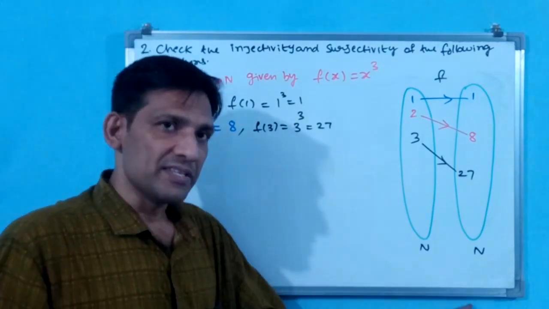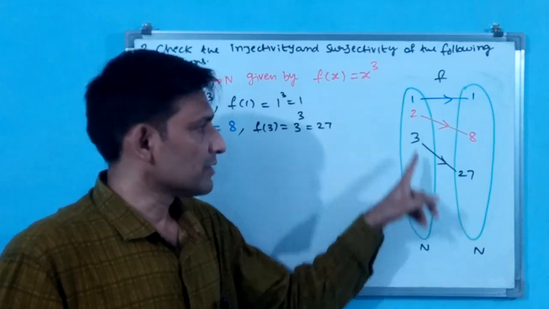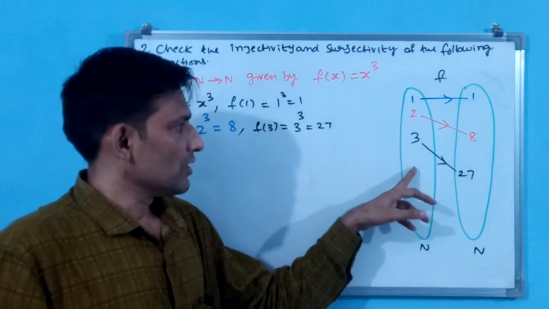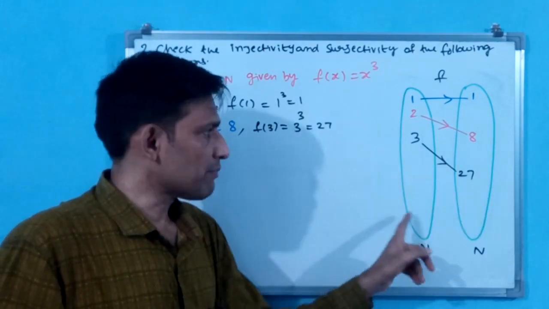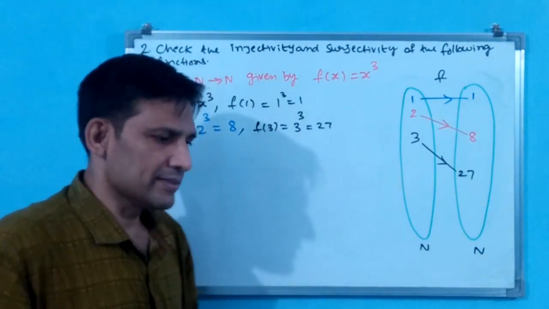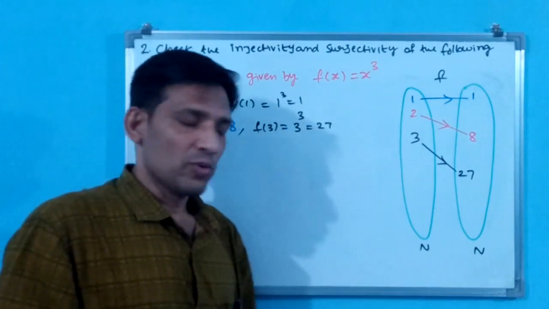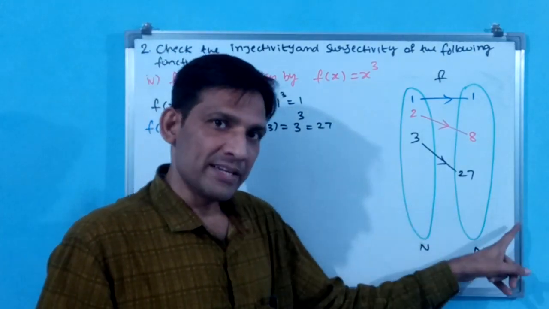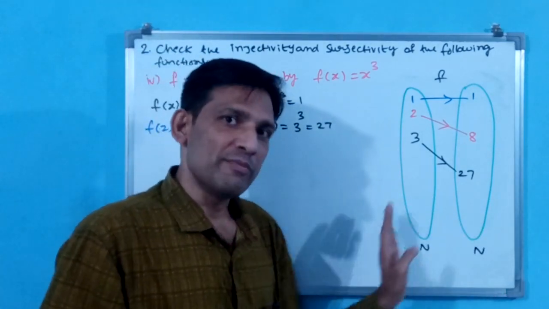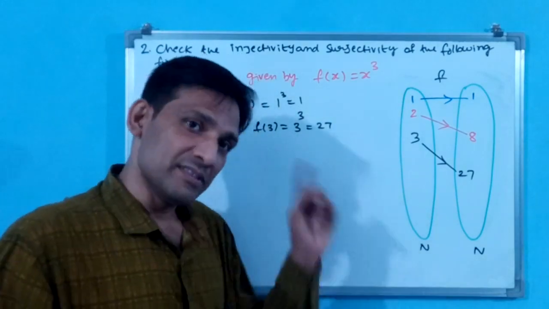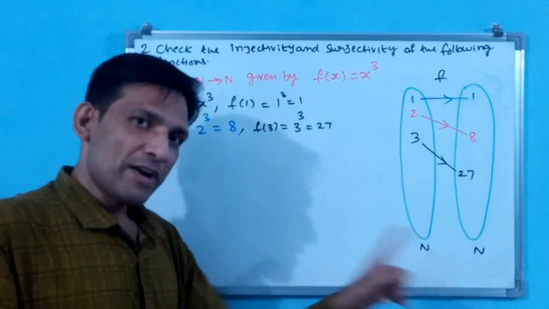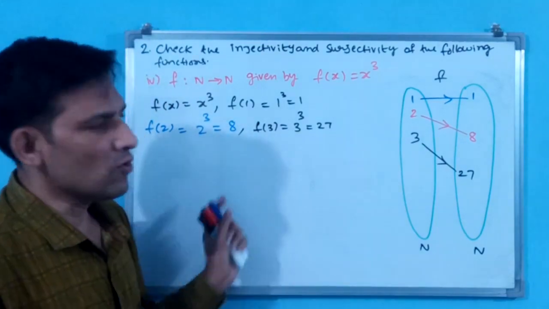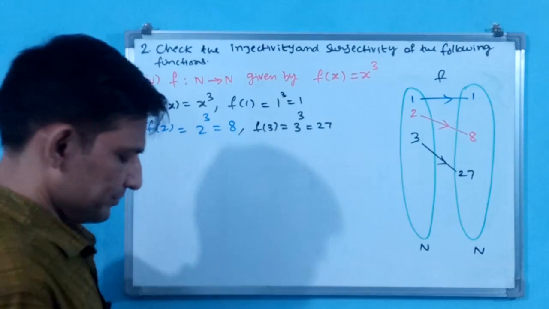Say ZZ is there and negative numbers will be there. With ZZ and a square, what will come? Square of a negative number and of a positive number, both results are the same. That is one case. Second case, if it is a cube and ZZ is there, even then minus 2 cube is minus 8, and plus 2 cube is plus 8. Both are different. That means that also has only one pre-image. Okay, for cube, one pre-image we came to know. Now we can write this is injective.